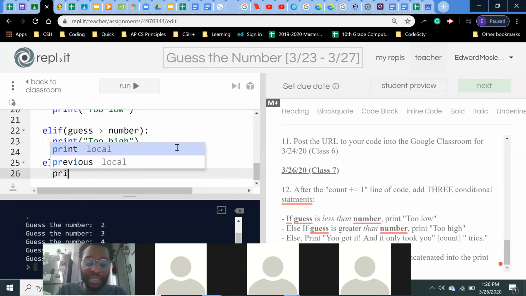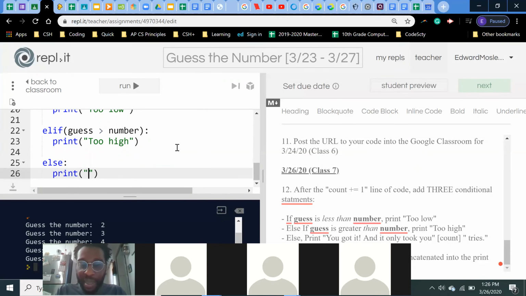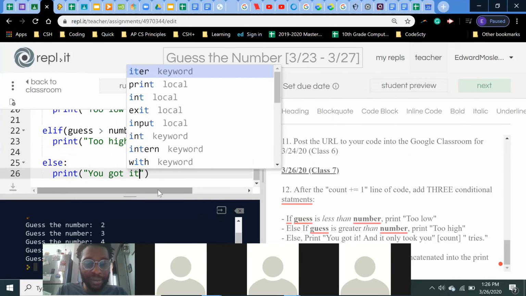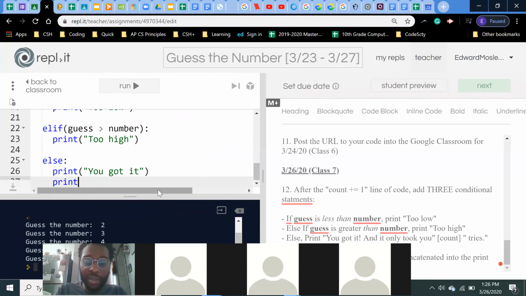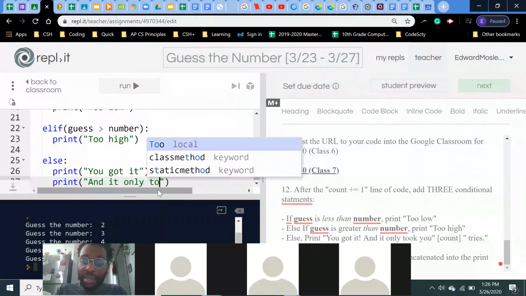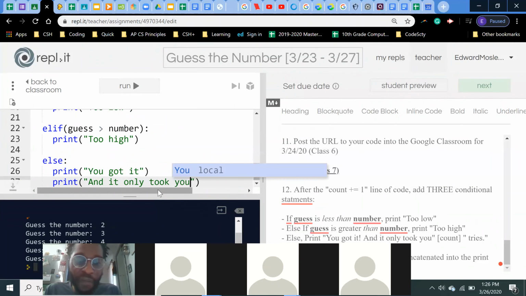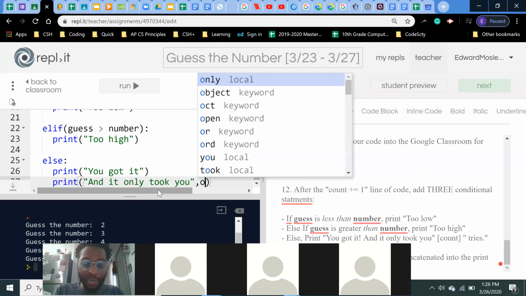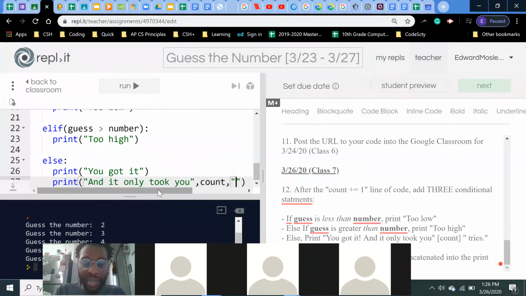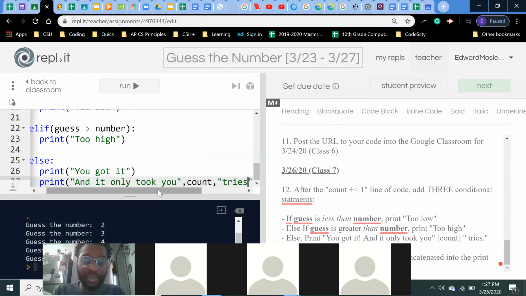And so in that case, we'll print, and right now we're following right here. I'm going to put another line to print, and it only took you. Now, we haven't gone over this kind of concatenation yet, but I'm just going to put in count, and I'm going to put in tries. So now, when we run our code,